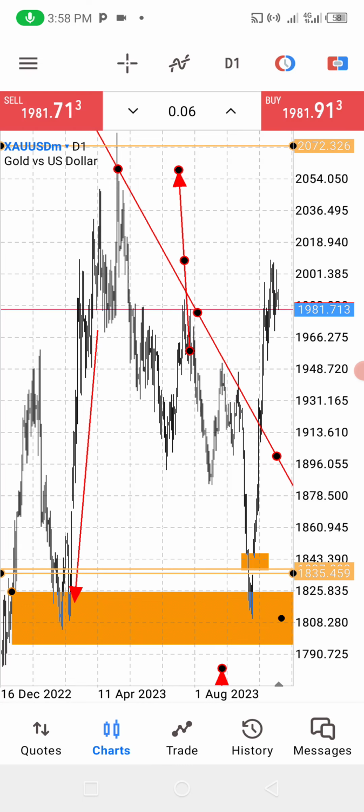The same way GBP USD will be heading to higher prices. Because most times gold and GBP USD, or any currency that ends with USD, they move in the same direction as gold. Okay, most times, but there is no guarantee it will be all the time. Let's call it 60% of the time they move in the same direction.